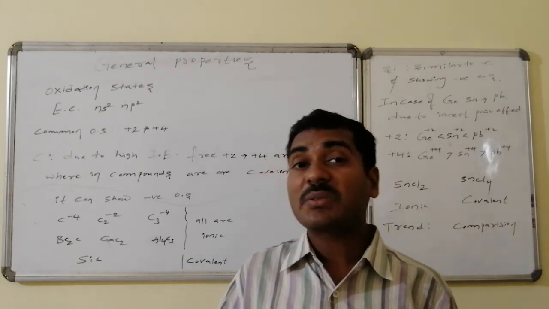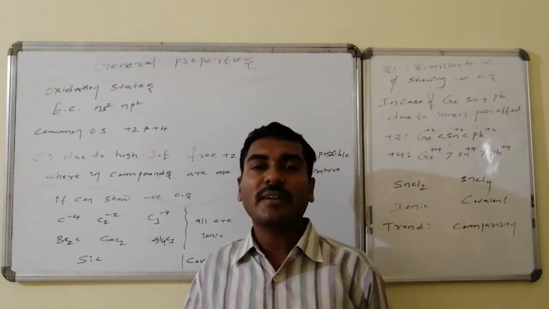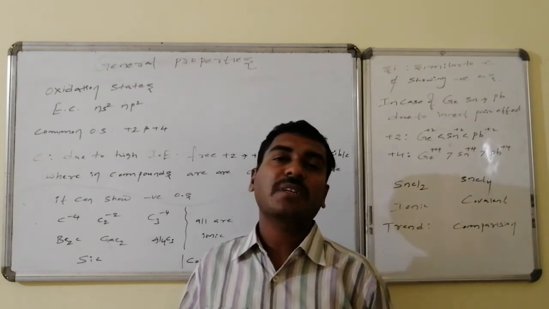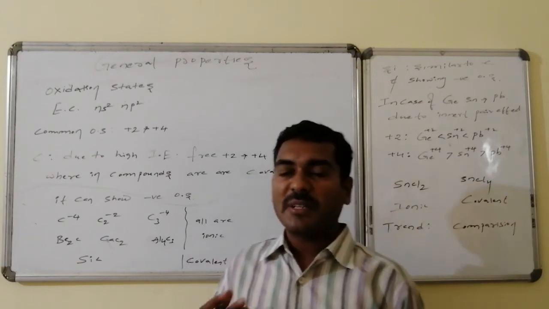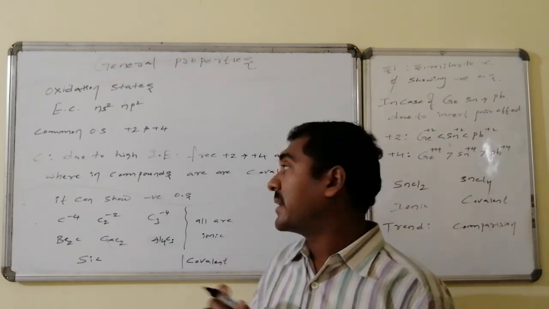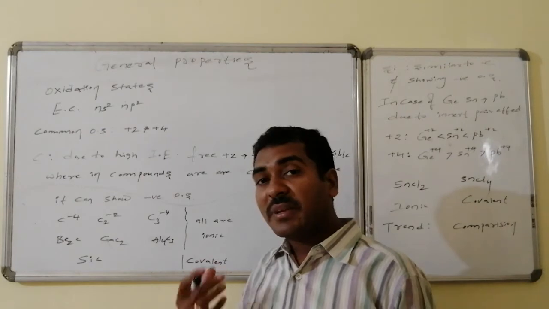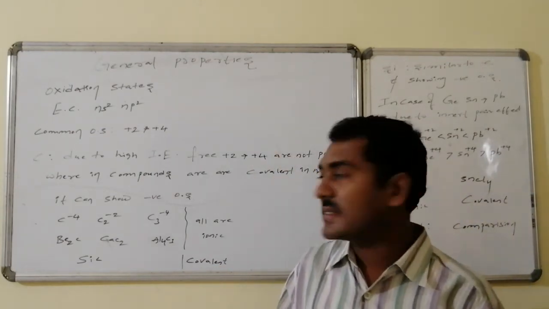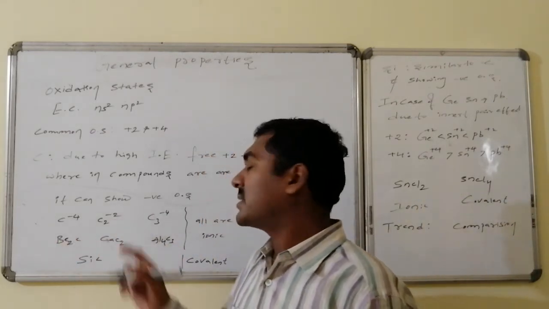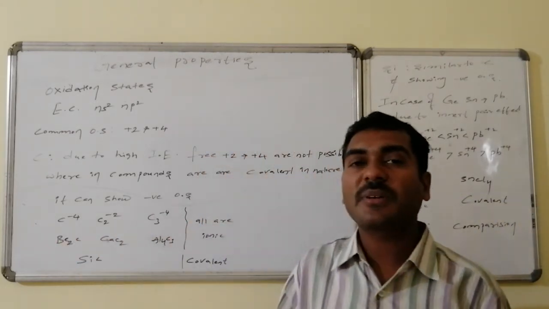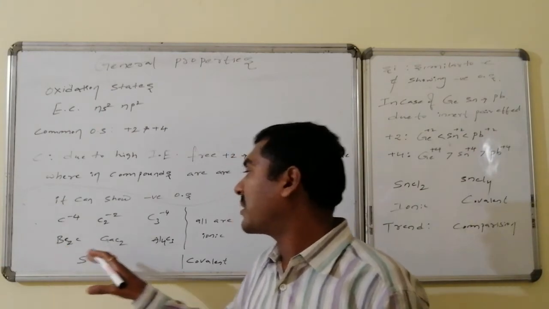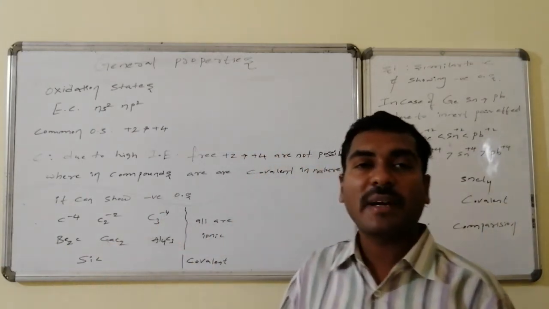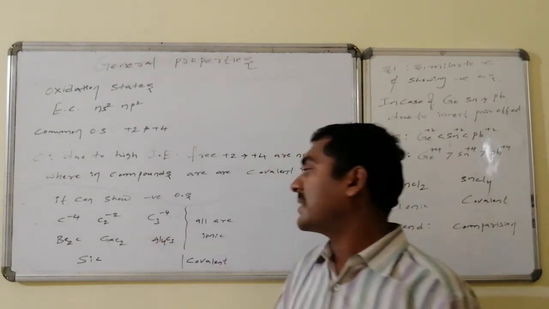They show +2 and +4 states only in compound situations, that is, in covalent compounds, but they never show free +2 and +4 states to form ionic compounds. Being more electronegative, especially carbon, it can show negative oxidation states, that is C4-, C2 2-, C3 4-. Such compounds can be formed: beryllium carbide, calcium carbide, aluminum carbide. In these, carbon has negative oxidation states and the compounds are ionic in nature.